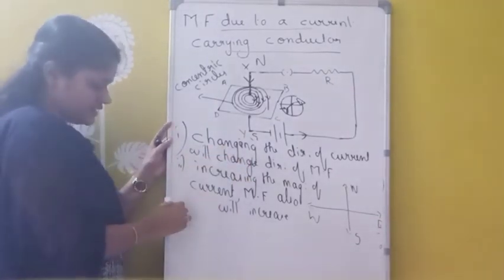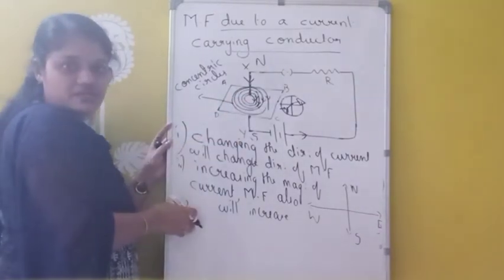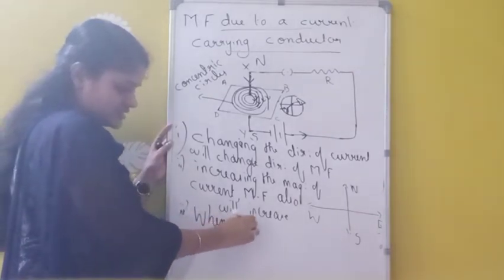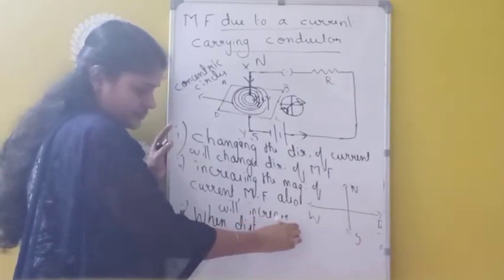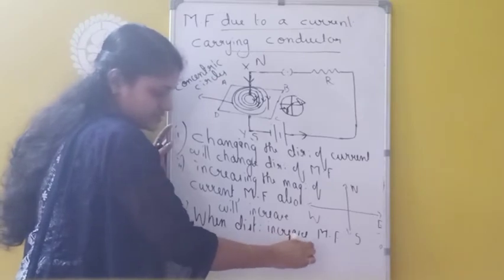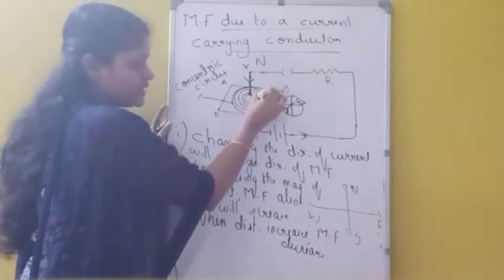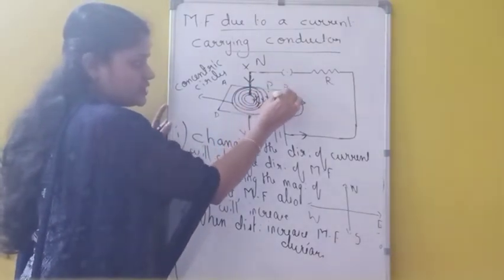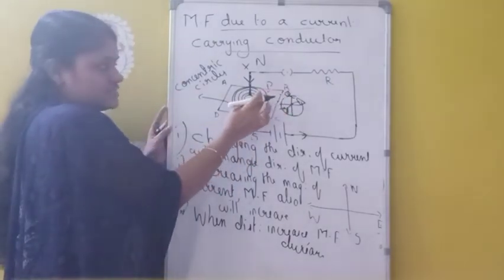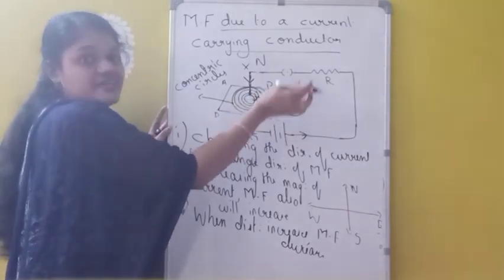Okay. And similarly, next one, suppose the distance from this wire increases. What about the magnetic field? It decreases. When distance increases, the magnetic field decreases. Suppose I am taking two points here, one point P and another point Q. When comparing P and Q, at which point is the magnetic field more? The magnetic field is more at P, because whenever distance is increasing, the magnetic field decreases.